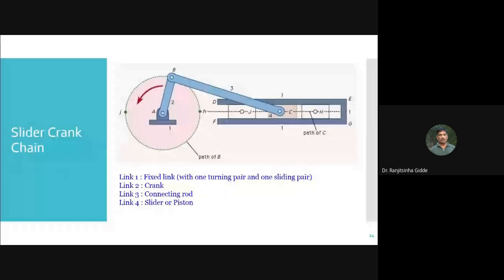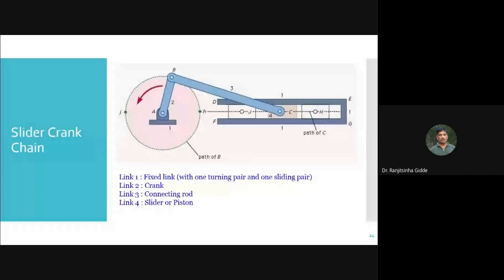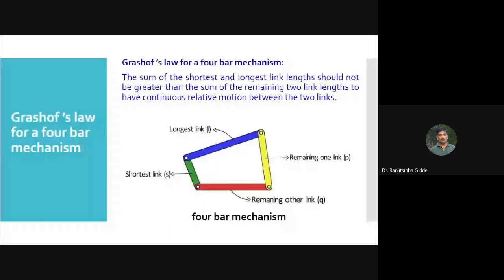where the input is given. So in the example we have seen here, the piston is the driver, and as link 2 is rotating, the flywheel is the follower. In other mechanisms, different follower and driver definitions exist because of the function they are going to perform. Okay, so this is about the inversion.